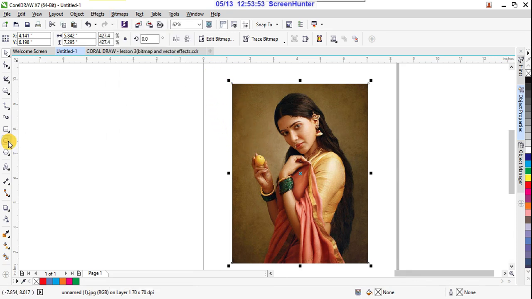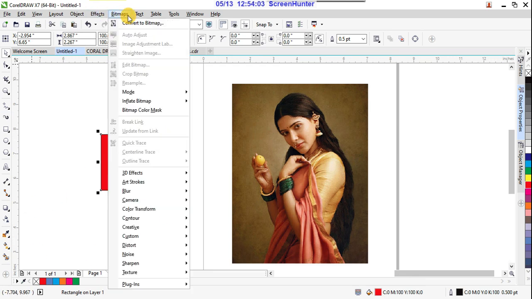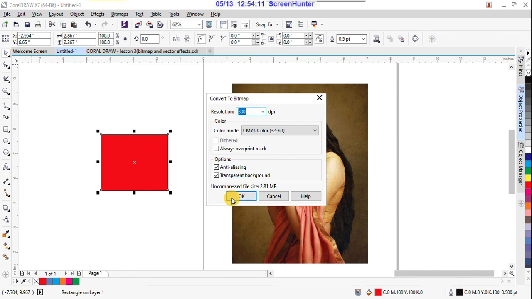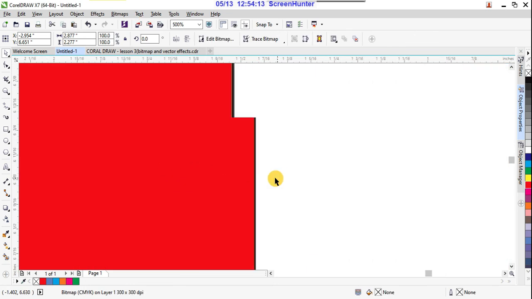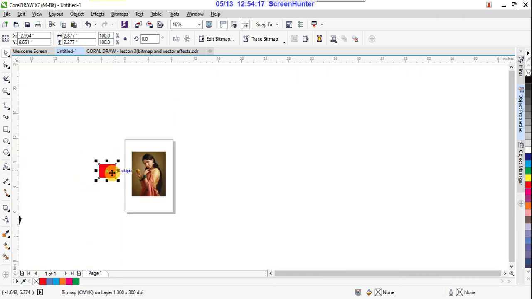So if there is a vector shape, suppose this is a vector shape, so you can convert this into bitmap because it is already a vector shape. This we can convert to bitmap. Now see, now you can zoom this, it is into pixelation, right?